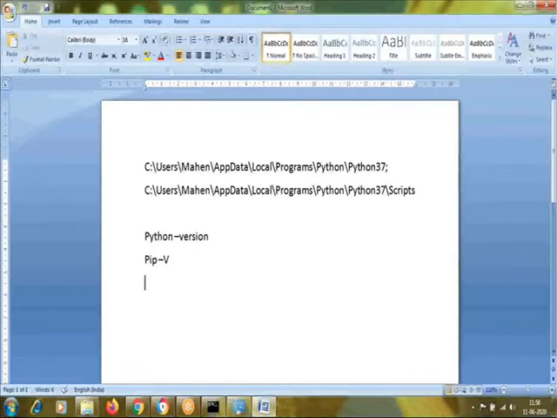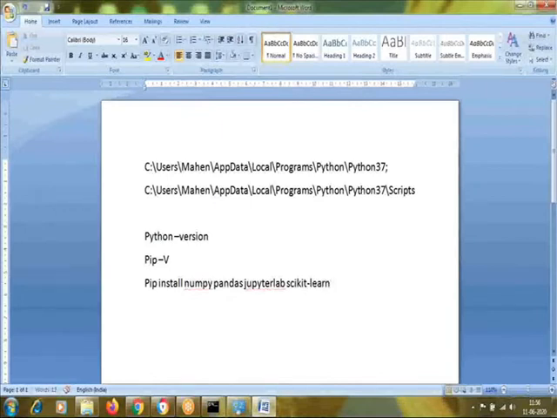Then for installation of packages, you can type pip install and then the package name. For example, if you want to install NumPy, then you can use pip install numpy. And if you want to install multiple packages together, then give a space between those package names. For example, numpy space pandas space jupyterlab space scikit-learn and so on.